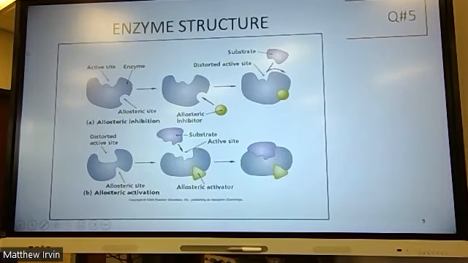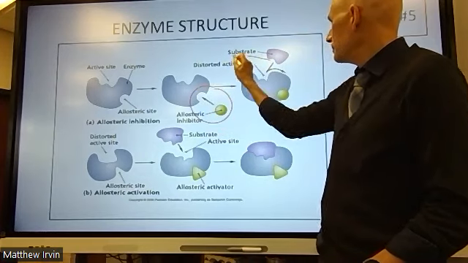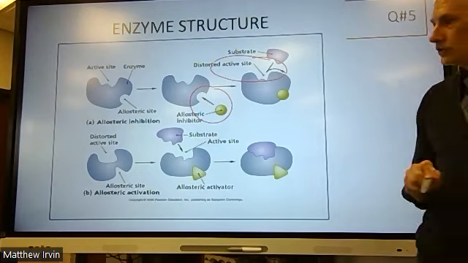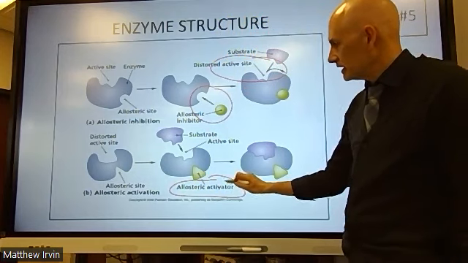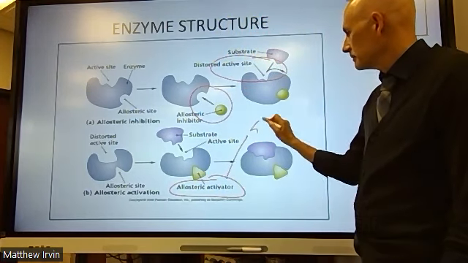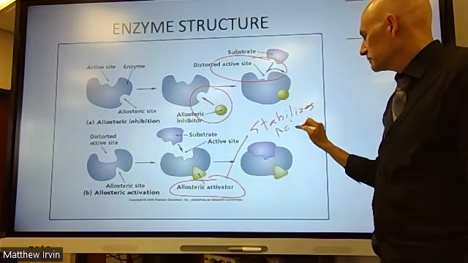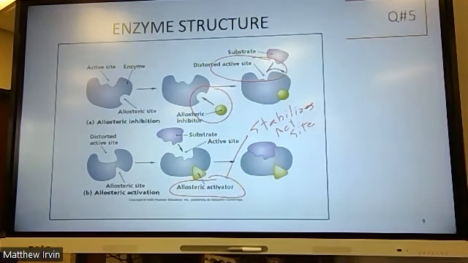All right, so other things with your enzyme structure, you've got that allosteric site again. So sometimes your allosteric sites will inhibit. Again, same thing. That changes the shape of your active site, so your substrate no longer fits. But sometimes your allosteric site is going to be an activator. And what that activator does is it stabilizes the active site